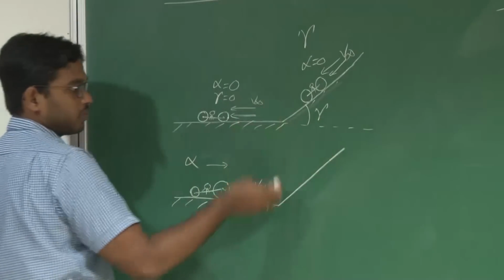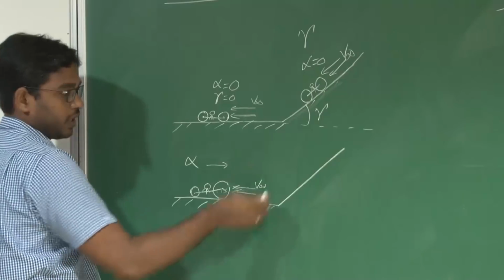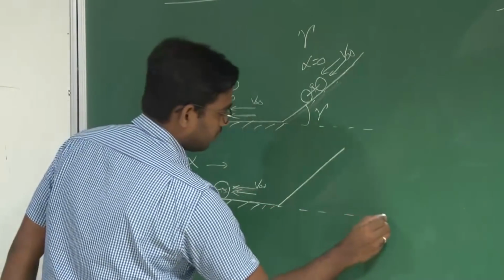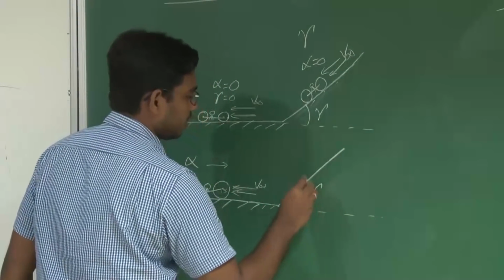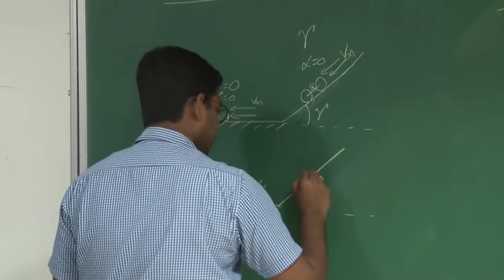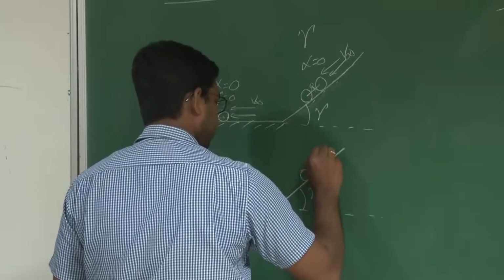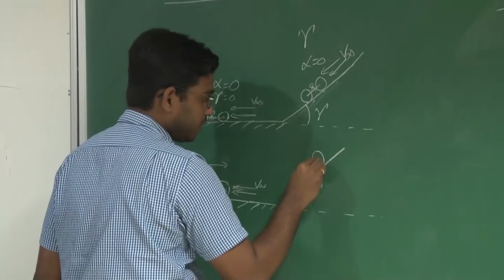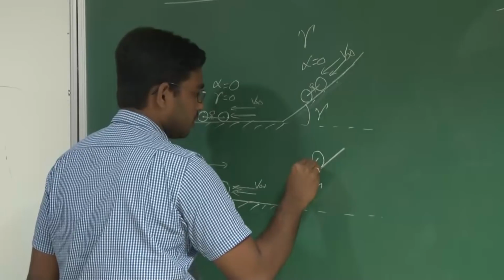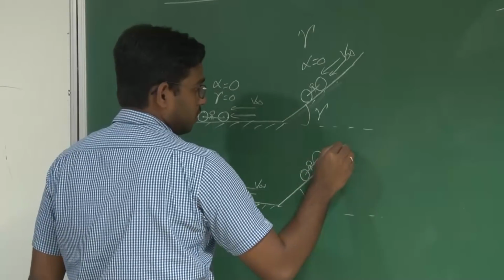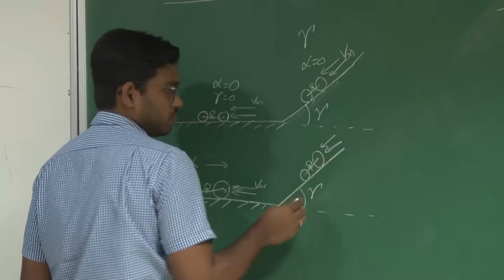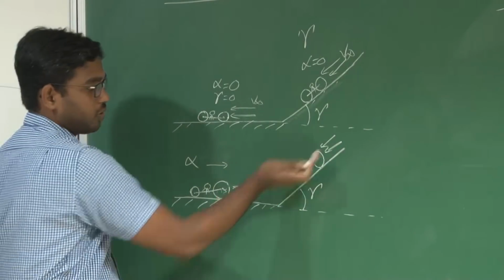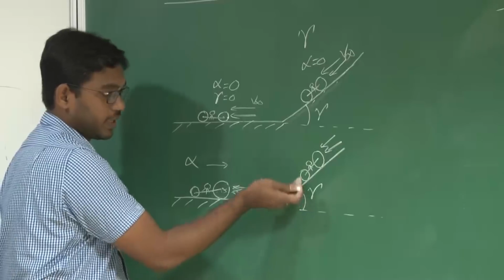And since I am traveling on the same road, I will face a flyover after a while. Say this is gamma again. Now I am traveling with a different bike compared to this case, with a bigger front wheel and a smaller rear wheel. Again the free stream will be parallel to my path, and my path is along this flyover which is inclined at an angle gamma.